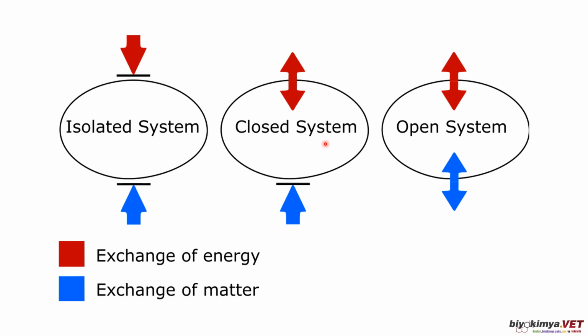In a closed system, reactants placed in a closed vessel made of materials like steel, copper, and silver are an ideal example of a closed system, since the material of the vessel is conducting in nature. A cylinder in which the valve is closed is an example of a closed system. When the cylinder is heated or cooled, it does not lose its mass, but exchange of energy occurs, not the exchange of matter. And in an open system,